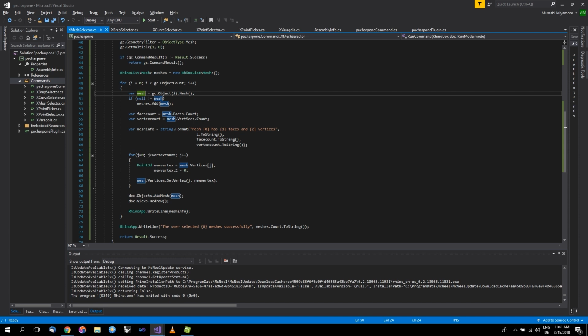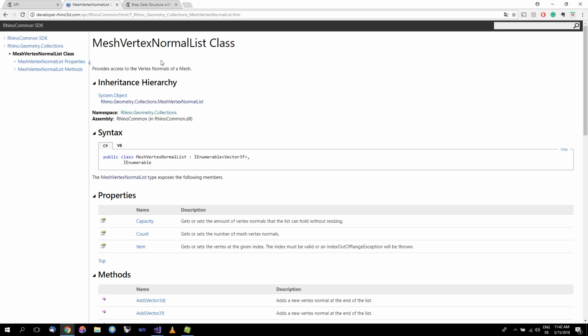For example, you should know that every vertex of the mesh has a normal vector calculated from its neighboring faces and vertices. So let's access that normal and draw a simple line out of it. The normals property will return a mesh vertex normal list, and you can check in the help file. You will see that the normal property of the mesh vertex normal is a simple vector. If you go and find the mesh vertex normal list, you will see that it's just a collection of